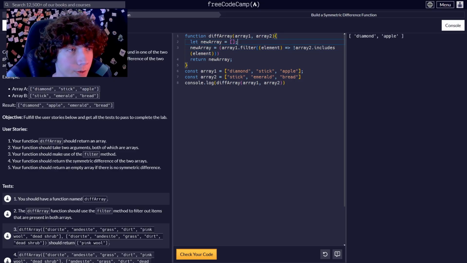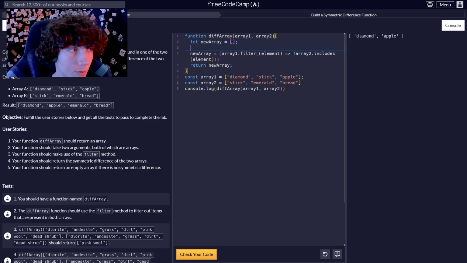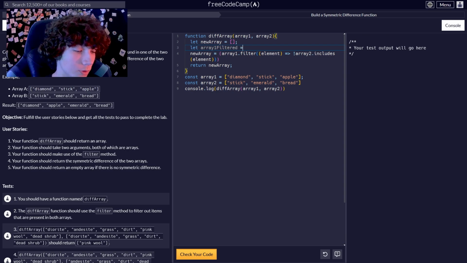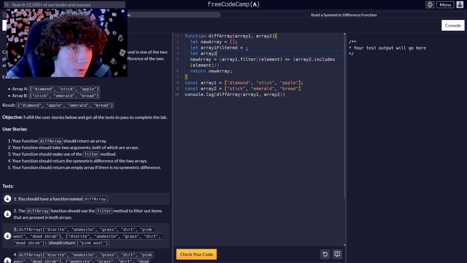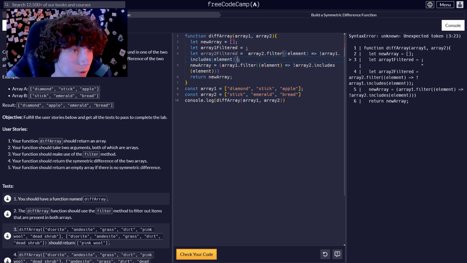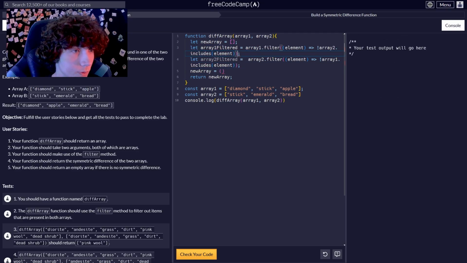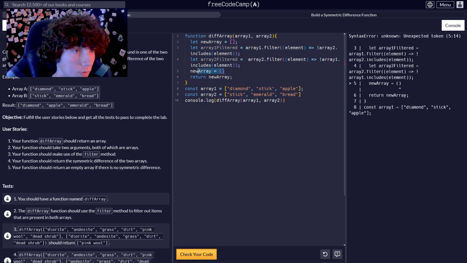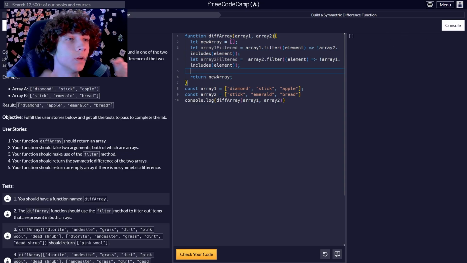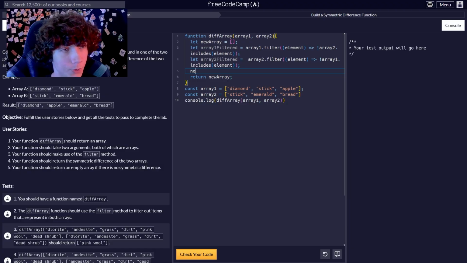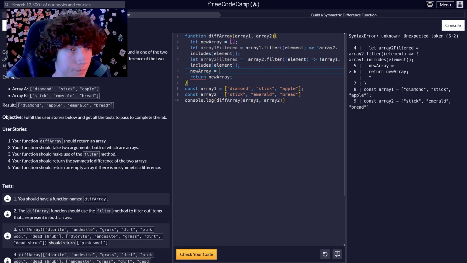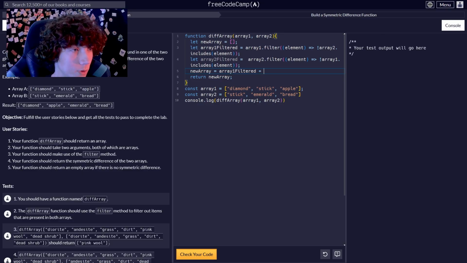Okay. Wait. Maybe I can do just let array 1 filtered equal to like this one, and let array 2 filtered equal to this substring, and we're going to just go like this one, and we're going to make new array equal to array filtered plus